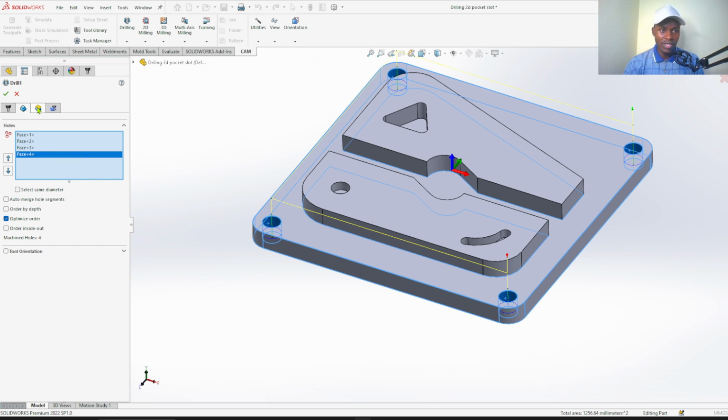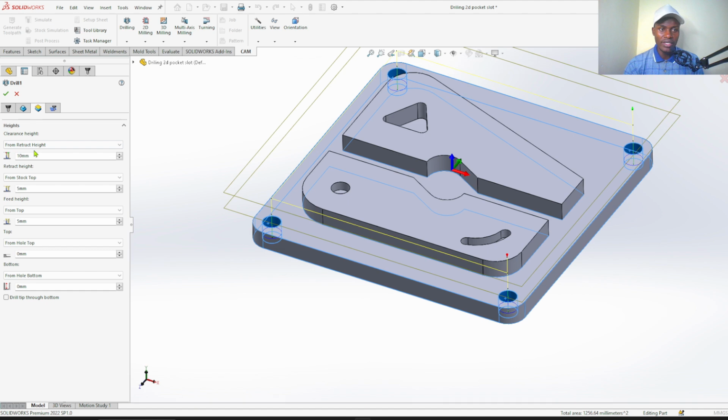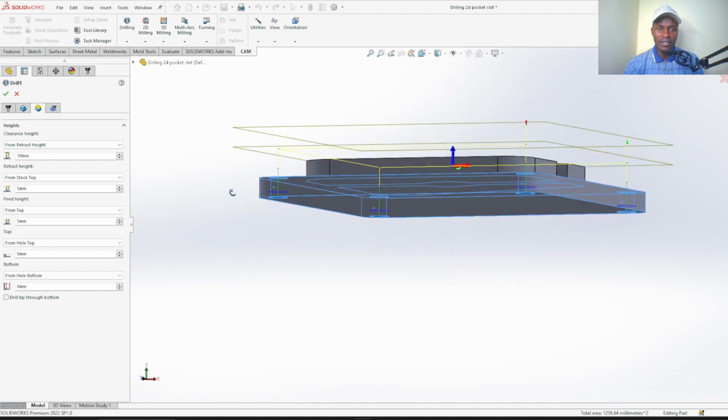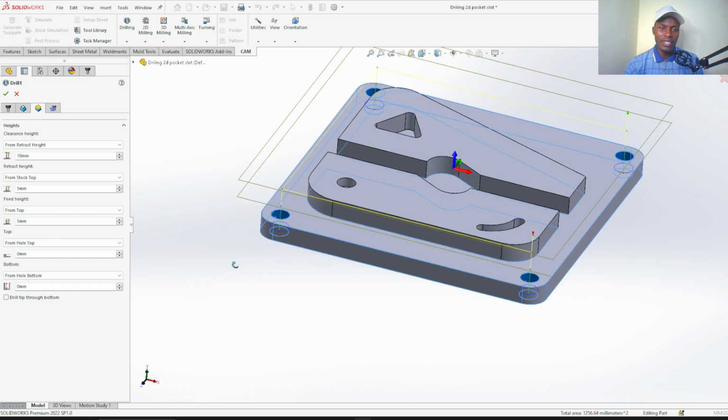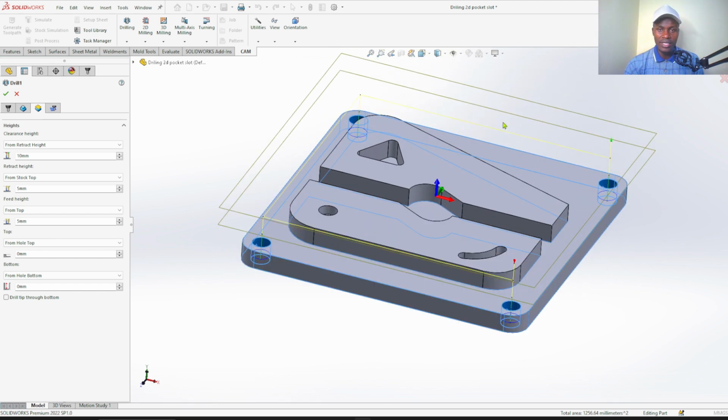So I can proceed to heights, and here we'll select our cutting height, the Z axis. So clearance height, from retract height you can leave it at 10. Retract height 5 millimeters from top.